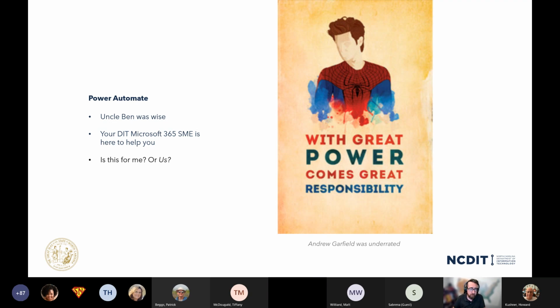So when you think about building something in Power Automate, if you're unsure where to start, reach out to your SME as part of your agency. A good question I like to ask is: what I'm building, is it for me, to make my job easier for myself so I can work on harder problems? Or is it for a team of people, something where 10 different people are working in it? To me, that's a helpful differentiator between whether I should just build it on my own because it helps me, or I should reach out to your subject matter expert to find out what's a good strategy to build this that involves more people.